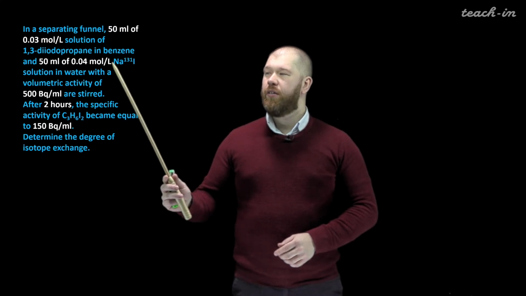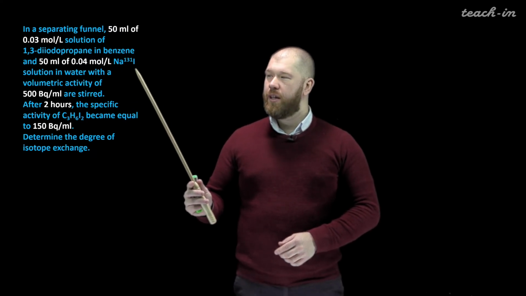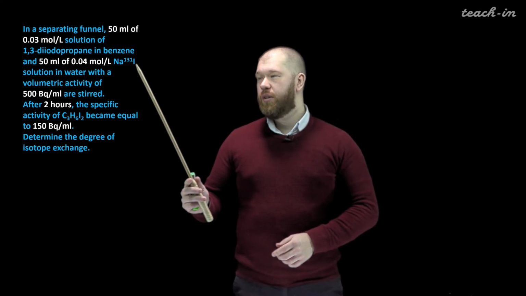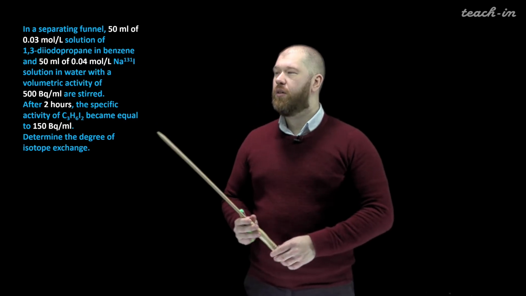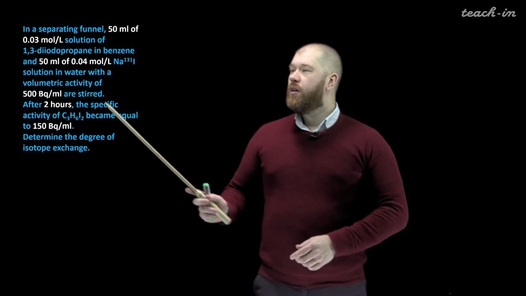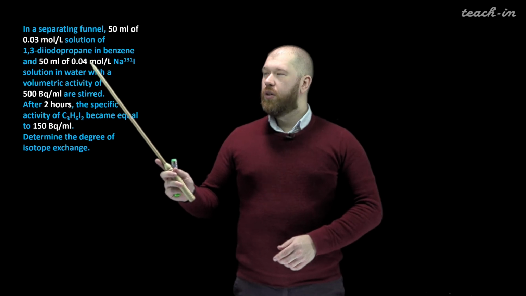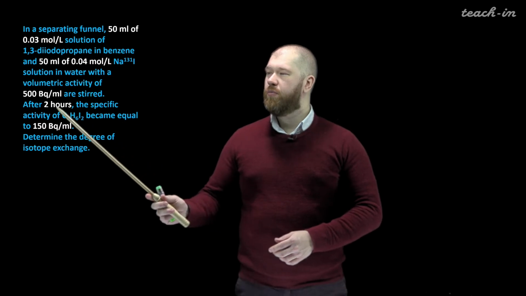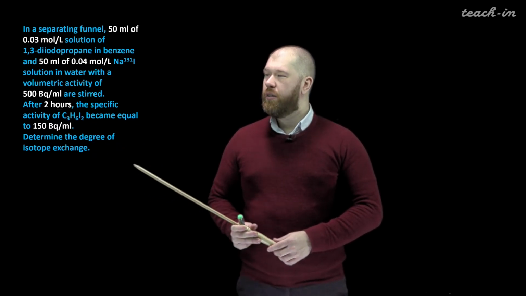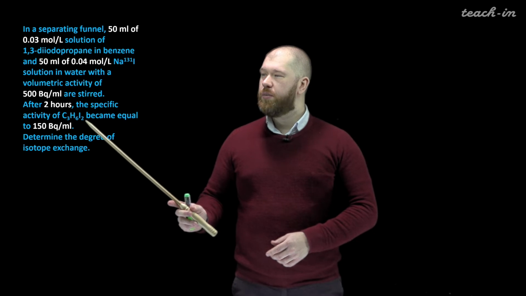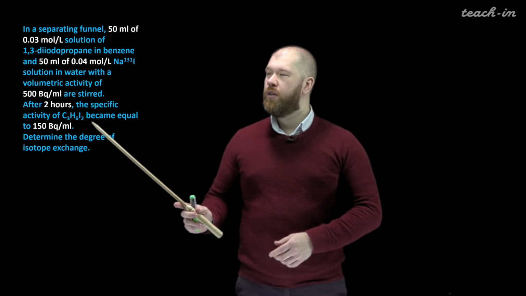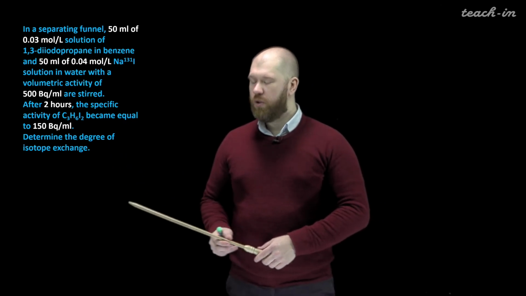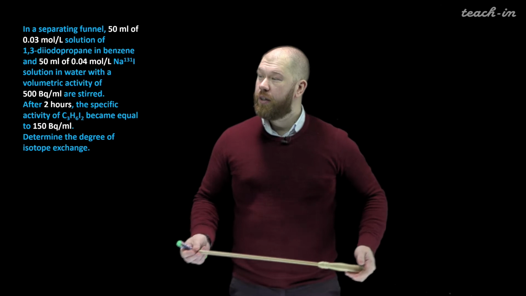That means that there is a carrier of stable sodium iodide in our system, and it is labeled with some radioactive iodine. These two solutions are mixed and stirred for 2 hours, and it is known that the specific activity of diiodopropane became equal to this value, and we should determine the degree